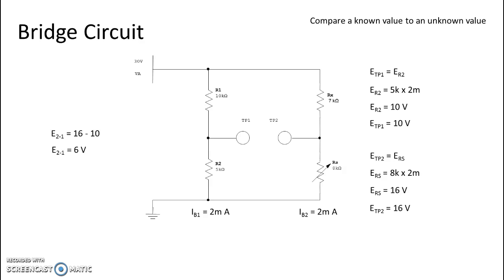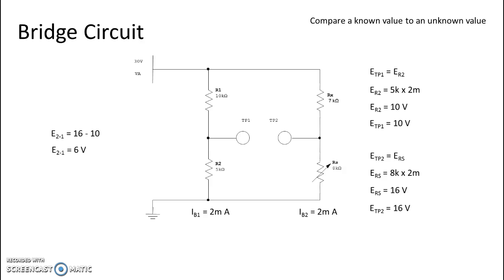a negative voltage. These types of bridge circuits are frequently used in things like home AC units, where you can set a particular temperature and then you have a sensing device, a resistor that is sensing the room temperature, and then those two values together compared to your known value are turning your AC or your heat on or off. All right, so we're going to go to the next slide